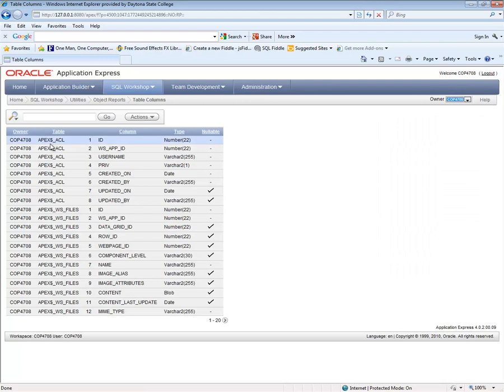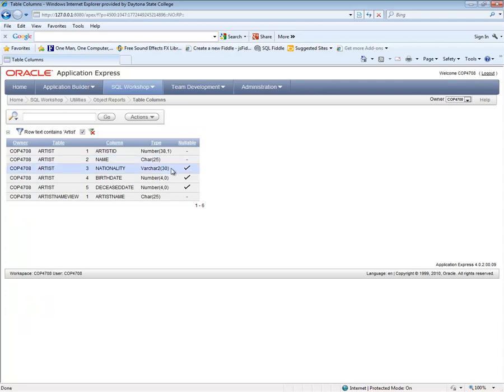So it will tell me that I have these type of columns, and instead of getting all the tables that are listed in the database, I can just ask for the artist table and say go, and it will tell me what kind of columns do I have in the artist. Or I can say the customer table,